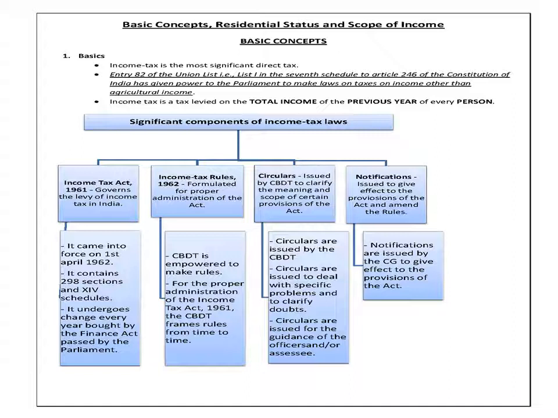Agricultural income is exempt in India. Why is it exempt? Because 60% of Indian income is based on agriculture. So agriculture is very important in India. That is why they have exempted agricultural income. But even in agricultural income, some portion is taxable, so we will see that in the next chapter.